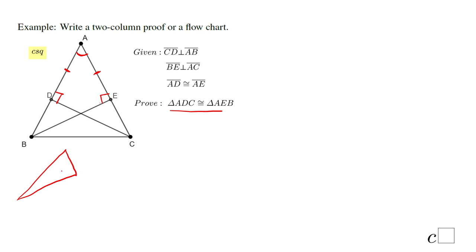Okay, so we have this, this is a right angle, and this is the congruent angle, and the other triangle is very similar. Let me see if I can do it. Something like this, right? Okay, so if we separate those two triangles, we get these two corresponding congruent angles, the right angle. So that will be a leg angle based on what I see. So now let's do a flowchart